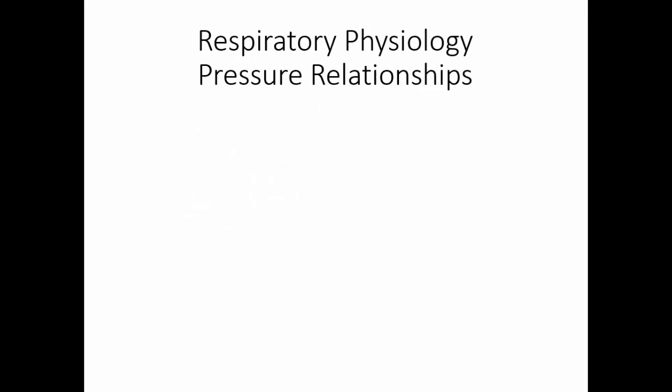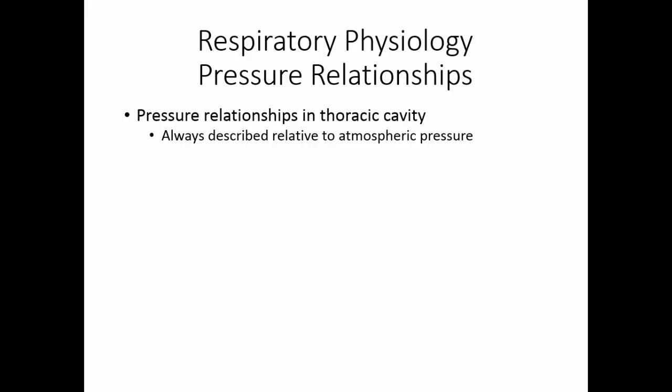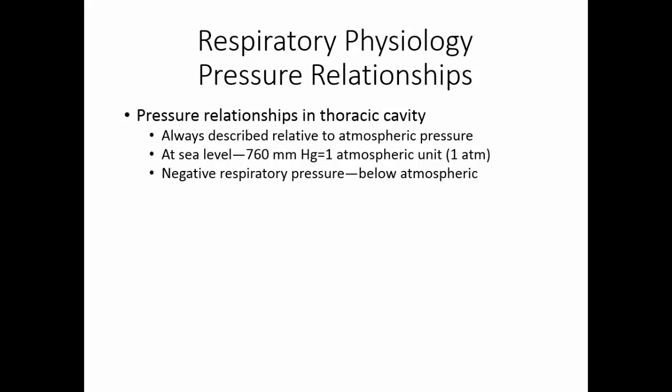to expand. Air is a fluid just like blood was a fluid, and just like blood, air is going to travel along a pressure gradient. So we need to talk about some of the pressure relationships inside the thoracic cavity. We always describe air pressure relative to atmospheric pressure. At sea level, atmospheric pressure is 760 millimeters of mercury. We say that that is 1 atmospheric unit, or 1 atmosphere. Anything below atmospheric is said to be negative respiratory pressure, and anything higher than atmospheric is said to be positive